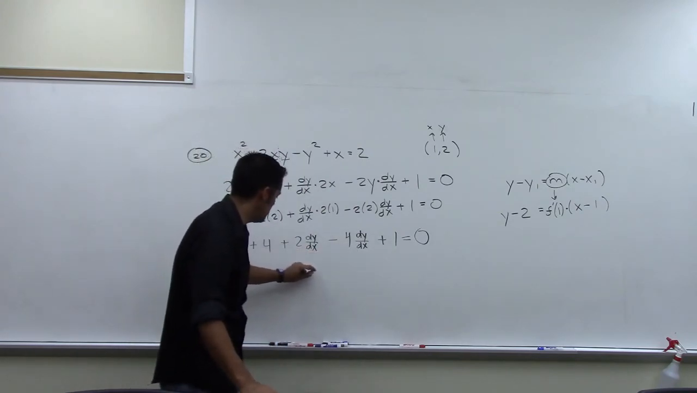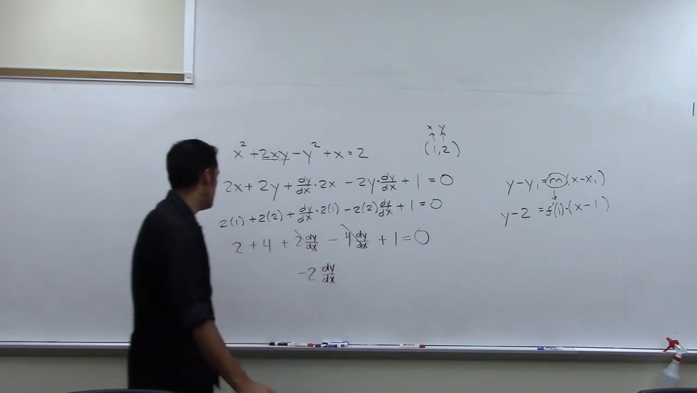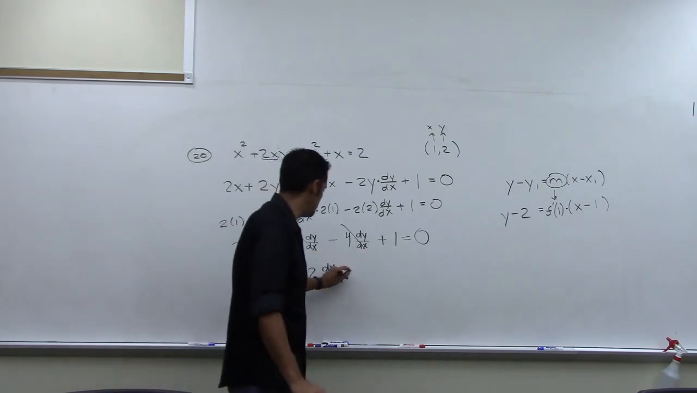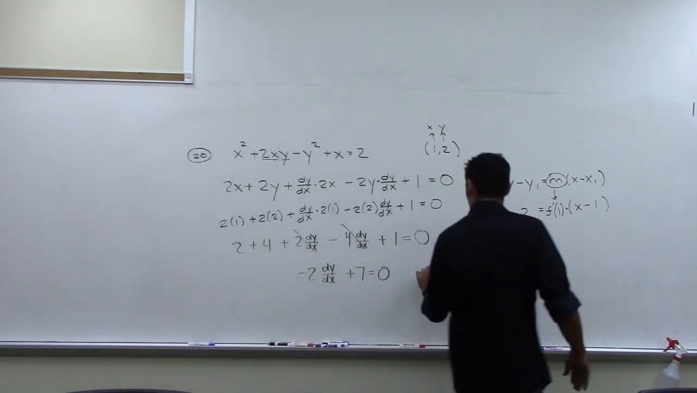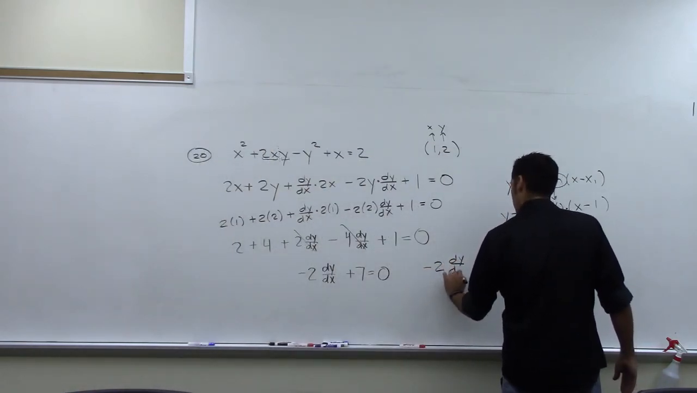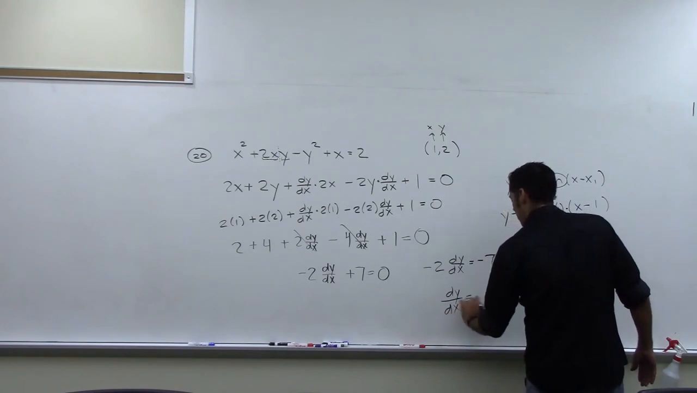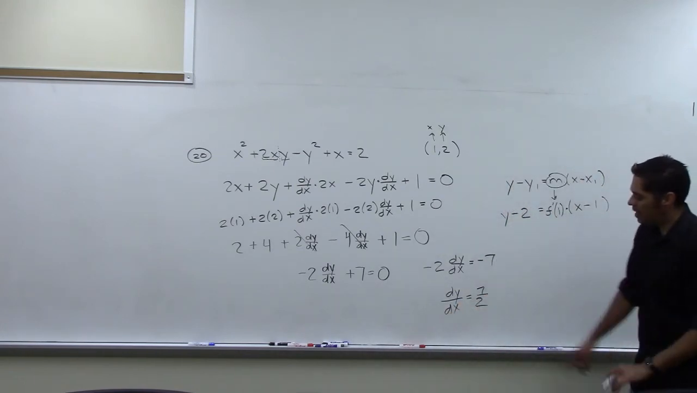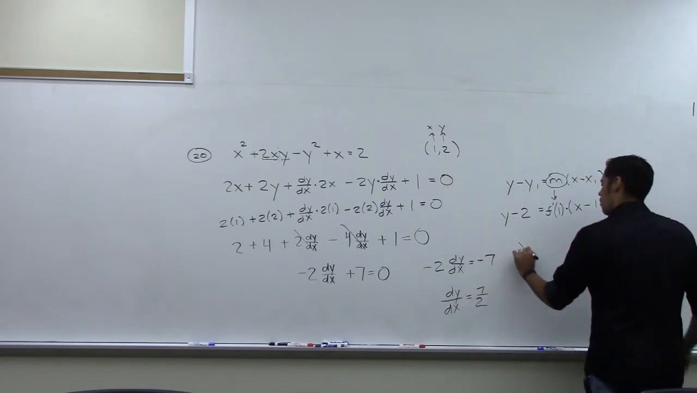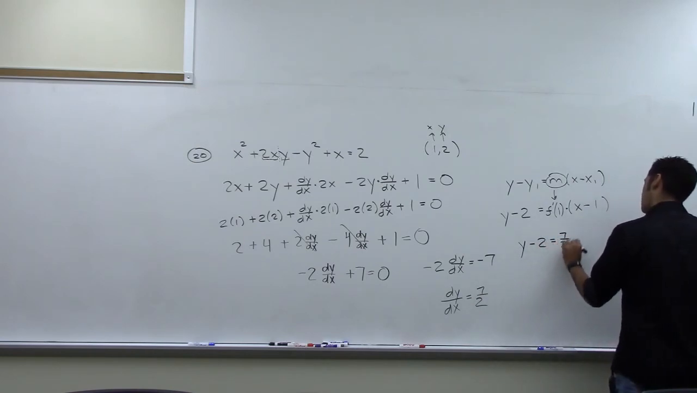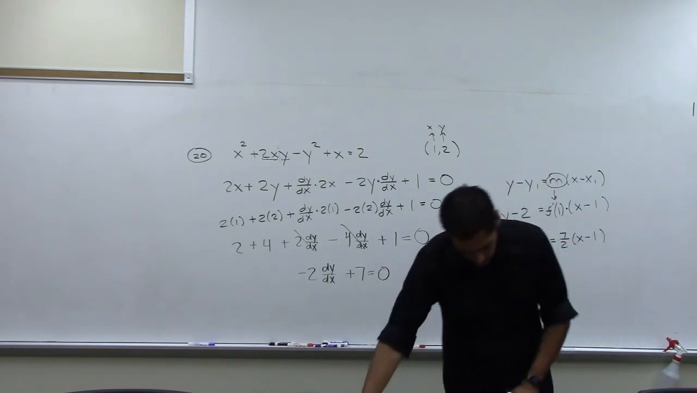Those together gives me negative 2 dy dx. And then now my numbers, 2 plus 4 is 6, plus 1 is 7, so I have plus 7 equals 0. Move the 7 to the other side. Negative 2 dy dx equals negative 7. Divide both sides by negative 2. You get 7 halves. So that means that the slope of the tangent line at this point 1, 2 should be 7 halves. So this should be y minus 2 equals 7 halves times x minus 1. That should be it. Now for number 22,